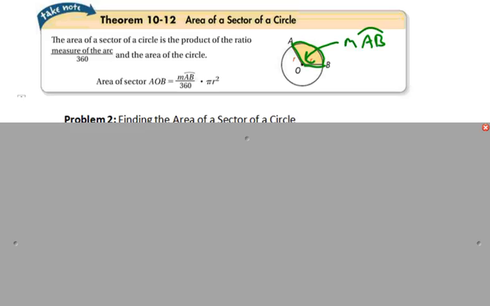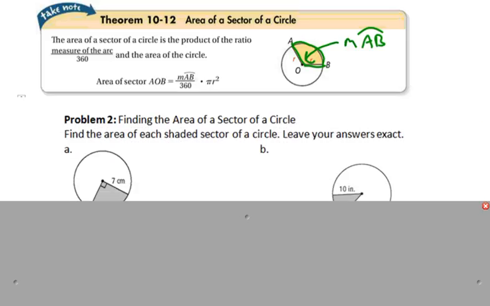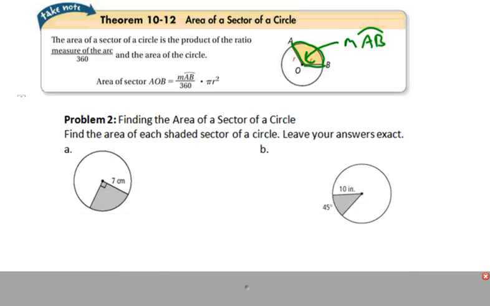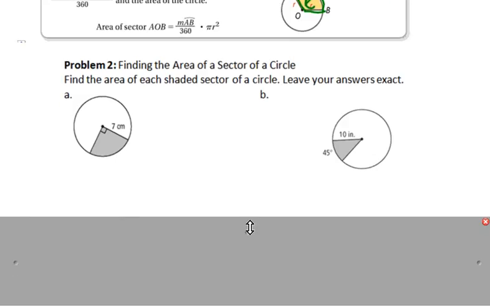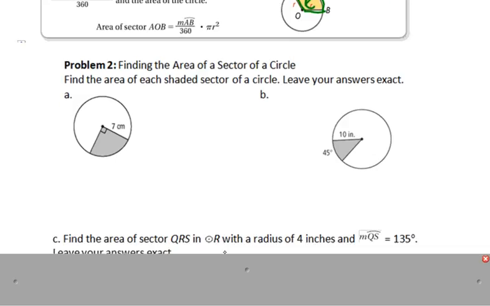So it's a 100-degree angle, so 100 over 360 would be the fraction of that circle that you'd multiply by the area. So a couple examples here to see how it works. Let's first of all figure out, so it says find the area of each shaded sector. Leave your answer exact. So if that is a right angle,